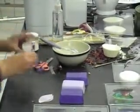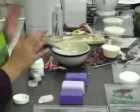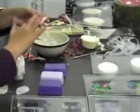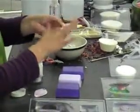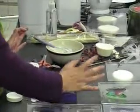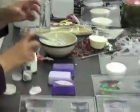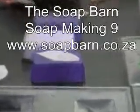Right, so decoupage: you can do it with a brush if you're very civilized, or if you're not, you can use your finger. I find using my finger easiest. We've got soap decoupage glaze over here, and I just cover my leaf with the glaze, put it onto my soap, and push it down. What is the glaze for? Oh, I don't know, I just buy it like that. So basically you take your paper, or your serviettes or whatever, and you cut out your little design that you like, and then